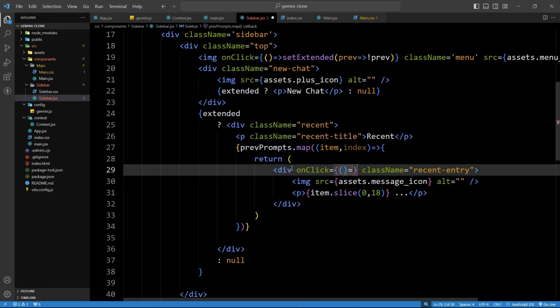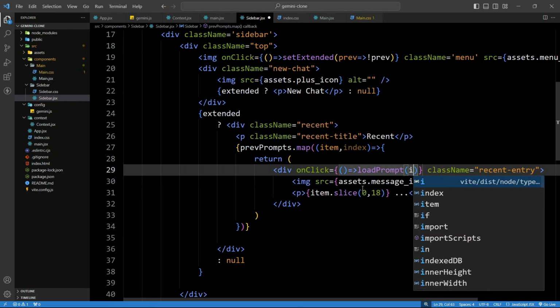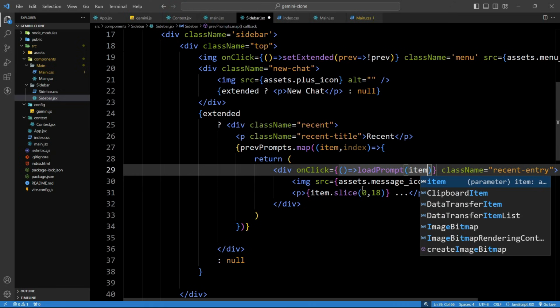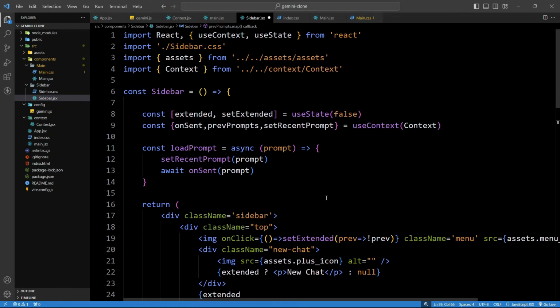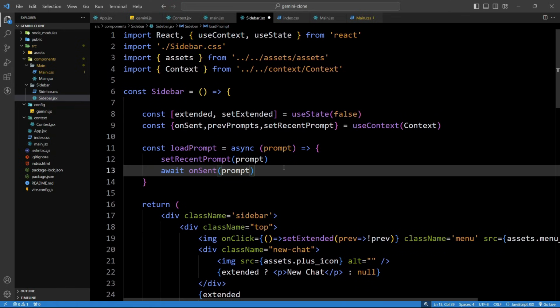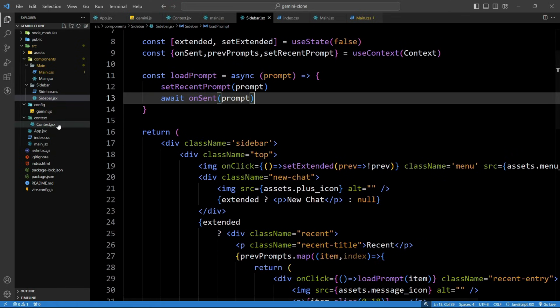We will provide one arrow function, and here we will call the load prompt function, and in this one we will pass this item that we will use to generate our prompt. We will save the changes. After that we will open